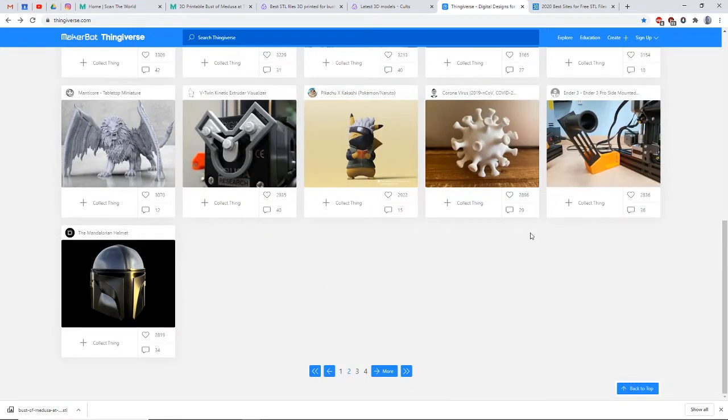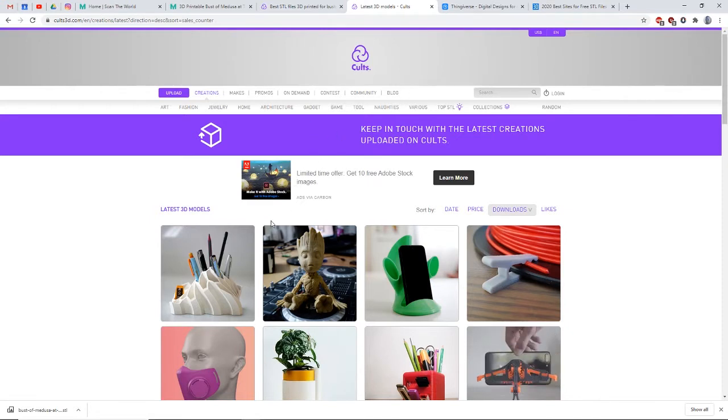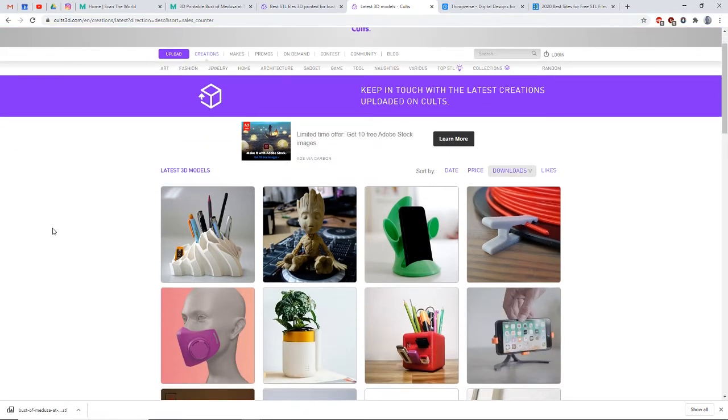And then the next one is Cults. I think Cults and My Mini Factory are probably the most common I've seen for people selling their 3D printable files. CG Trader and Turbo Squid do sell 3D printable files, but it's mostly models for other industries related to CG, like video games or animation. I think Cults and My Mini Factory are more directly related to 3D printing files, and you'll probably find more